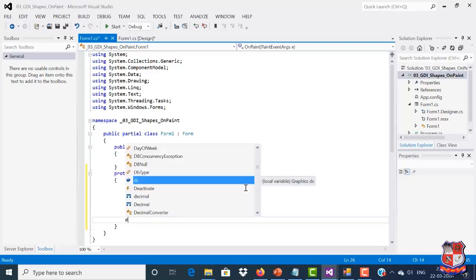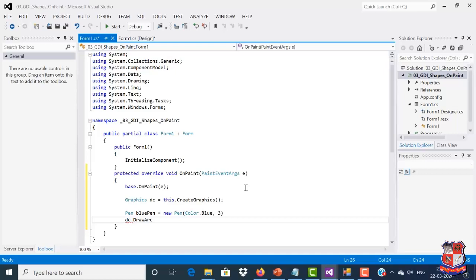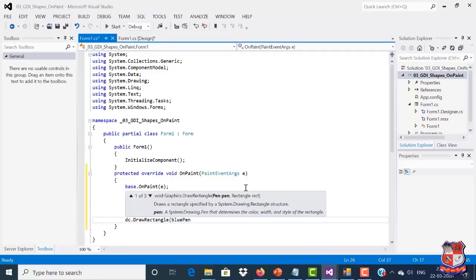Now we'll take the reference of object dc dot draw rectangle. We'll pass two arguments over here. First is the pen object and second is the coordinates of the rectangle, that is 0 comma 0 comma 50 comma 50.